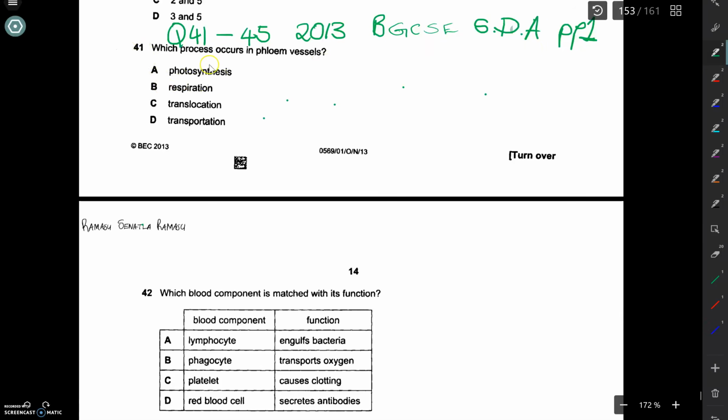Question 41 reads, which process occurs in the phloem vessels? Well, this is translocation. Your answer there is translocation. Translocation is